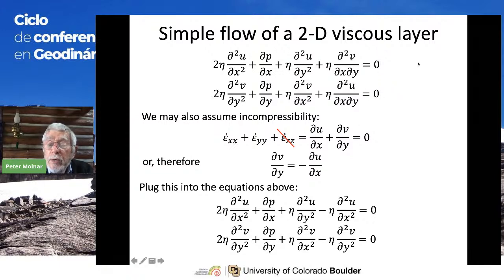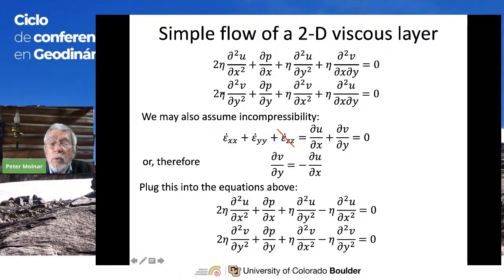And so we can rewrite this equation in this way. And if we take this first equation up here and we substitute for the partial of v with respect to y, let that equal minus the partial of u with respect to x, the only term that enters is this fourth term up here. So these first 3 terms are rewritten down here, the same terms. And we substitute into this and we wind up with minus viscosity times the second derivative of u with respect to x squared. Notice that this term is simply half of this term with a negative sign. So when we add these together, we'll get rid of that 2 and we'll get rid of that term there.